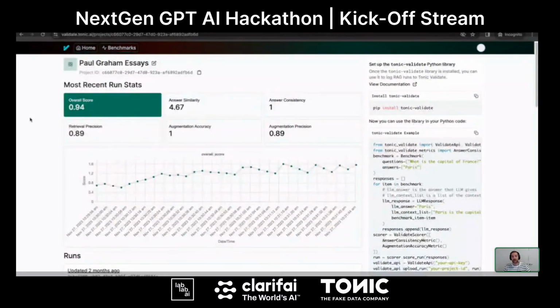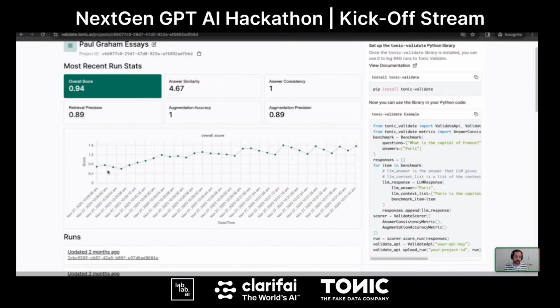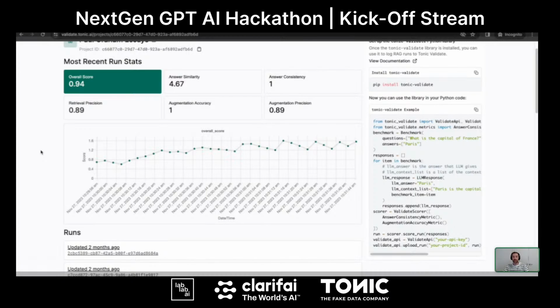In this case, I created a RAG system where the data is blogs by Polygram, and I have a set of 10 questions I'm asking about it. And here I've done a bunch of different runs, and you can see that the overall score is getting better over time. So this shows how you can track how scores change over time.